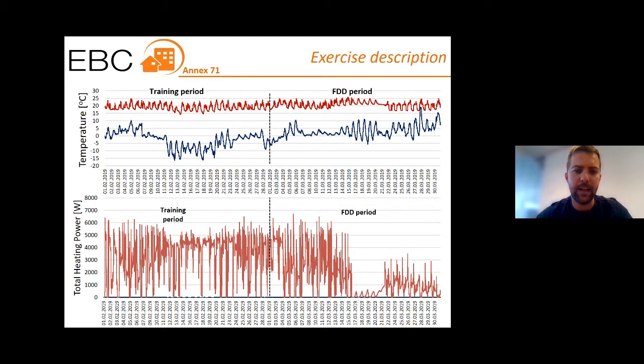From looking at this graph, you can already see visually that something is happening in the very first periods, especially when looking at the heating power profiles, but also in the week around the 15th of March, something clearly is different in the behavior of the building. So when we zoom in on that,